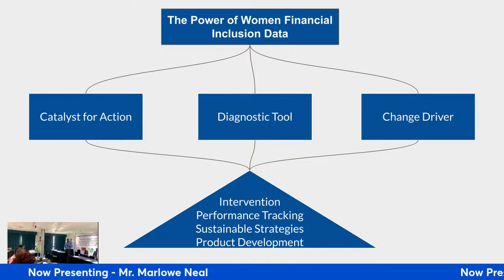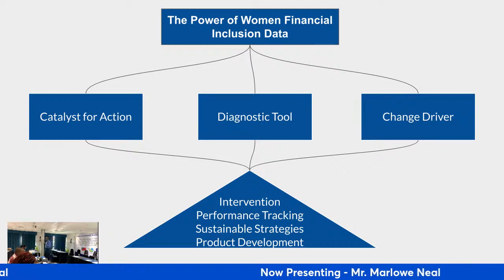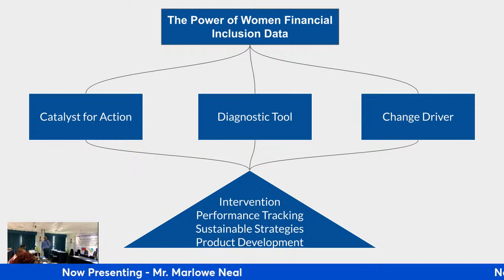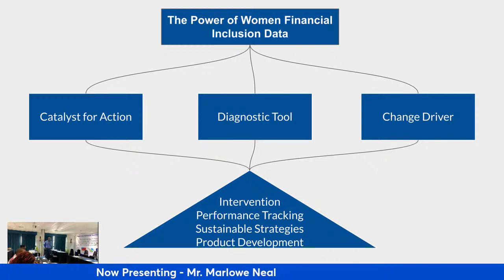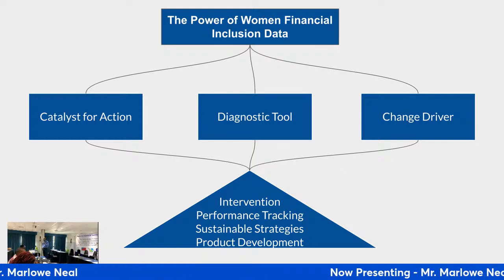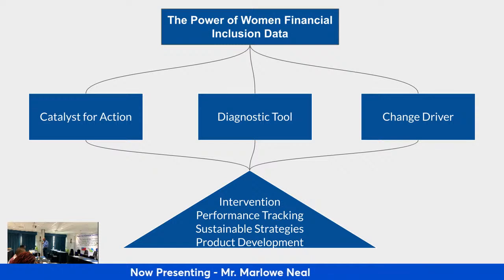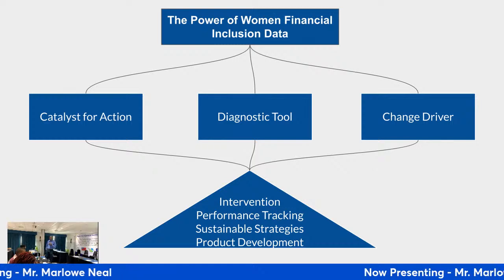It's a diagnostic tool. Just as the doctor diagnoses you, you take your car to the mechanic to get it diagnosed. It's a tool to help us get an idea and an appreciation of what the problem is. And then it is a change driver. So those three coming together can lead to, and as we'll see in the case, intervention, performance tracking, sustainable strategies, and ultimately product development. And that's the business case FSPs need to appreciate, because when we're talking about inclusion from the bank's perspective,